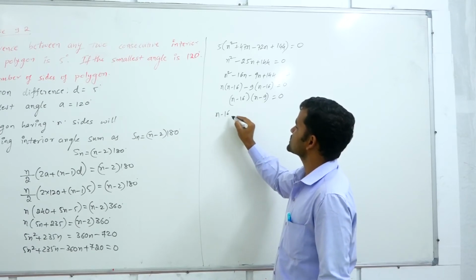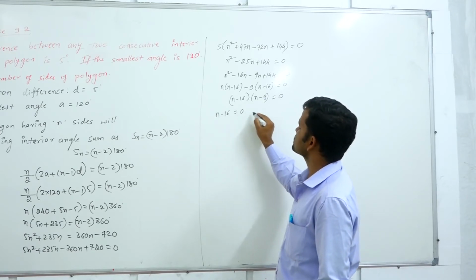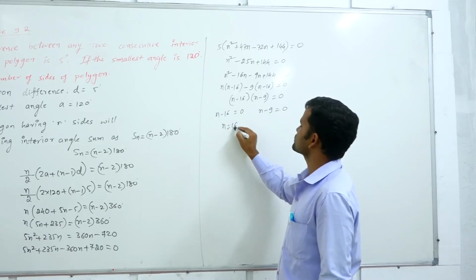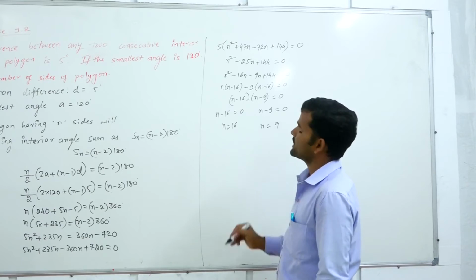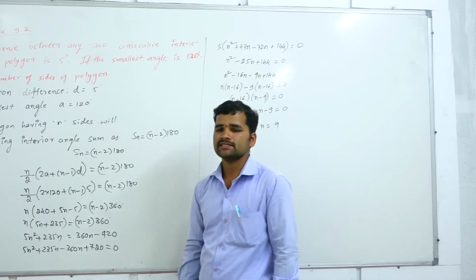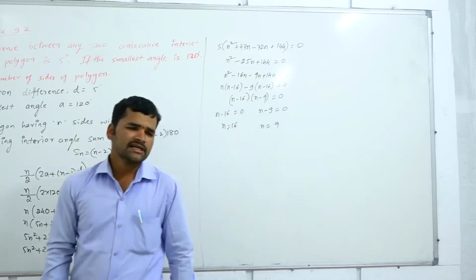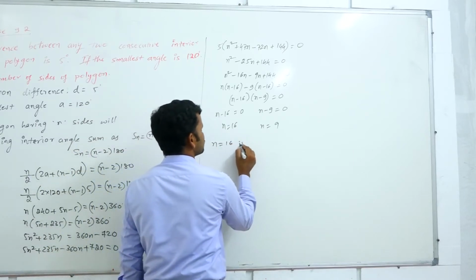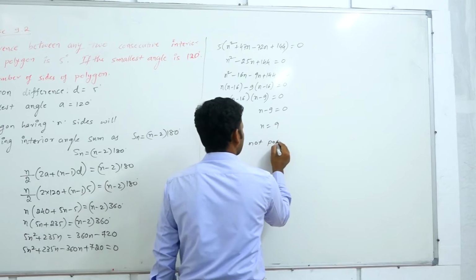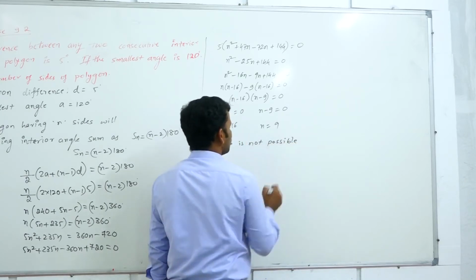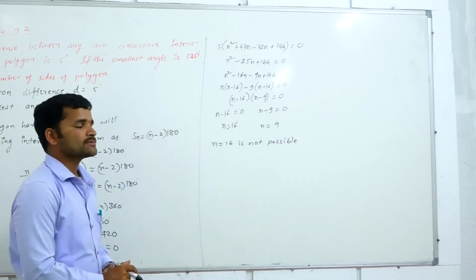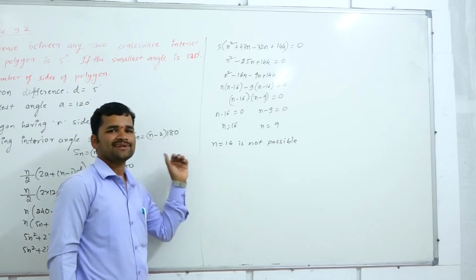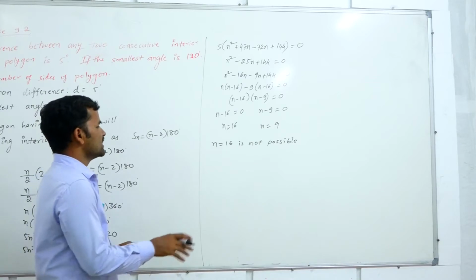Now I have two answers, one is n minus 16 is equal to 0, another one is n minus 9 is equal to 0. n is equal to 16 is one possibility and a second possibility is n is equal to 9. But here you see, this n is equal to 16 is not possible. Why is n is equal to 16 not possible? Number of sides of a polygon equal to 16 is not possible in this case, because